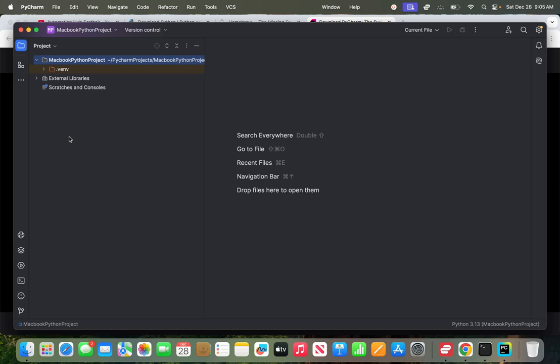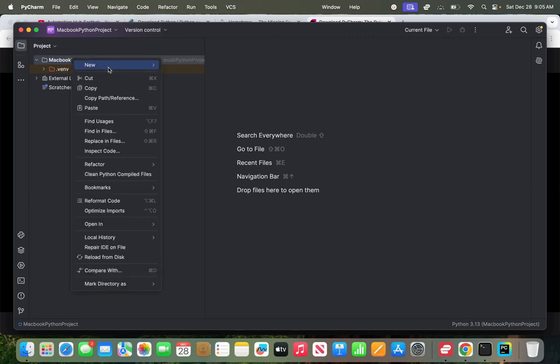Any kind of Python project that you open using PyCharm, this is how it will look. So now, how will you start your coding? As of now, we are learning Python. So simply right click on this particular Python project, go to new, and first things first, you can create a